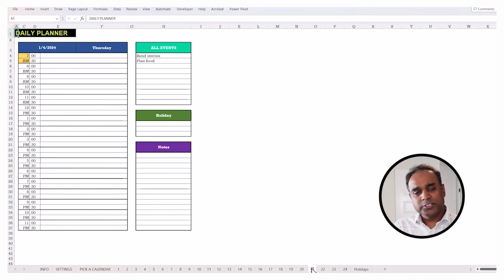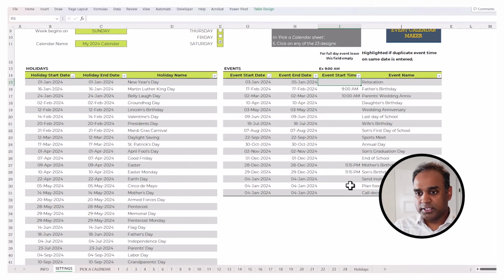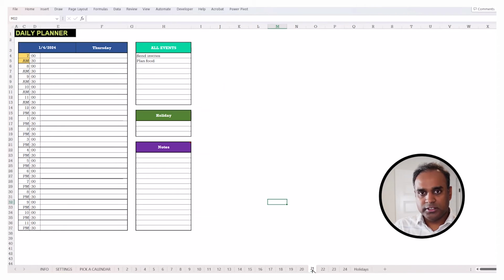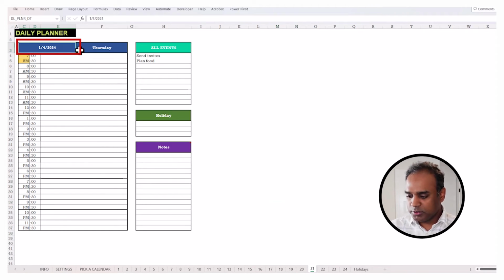And then the next one is a version of daily planner, but it shows you by time. So if you have events by time, then this is a good setting or a calendar design to choose. So let's say, for example, 17th February 2024, we have entered a date there. So let's go and try that. So 17th February, so I'm gonna put